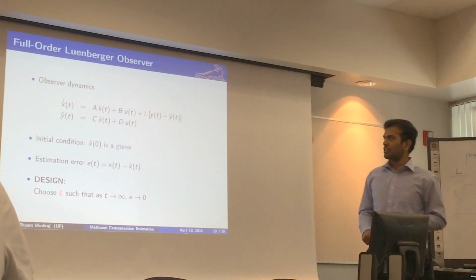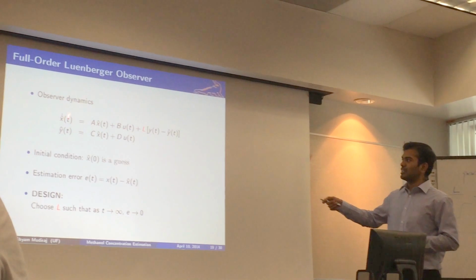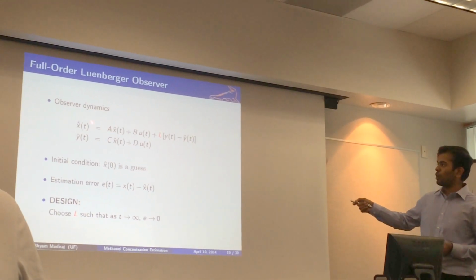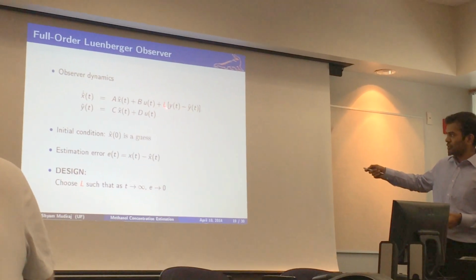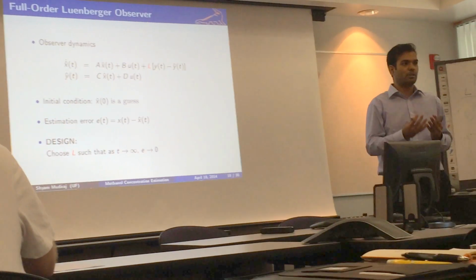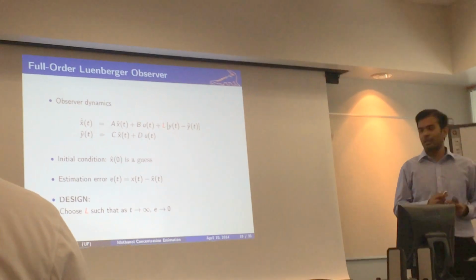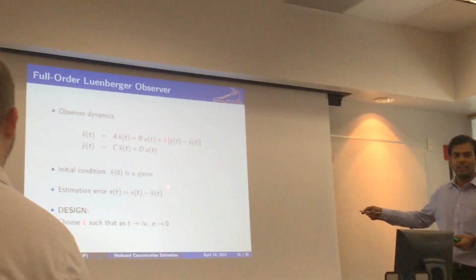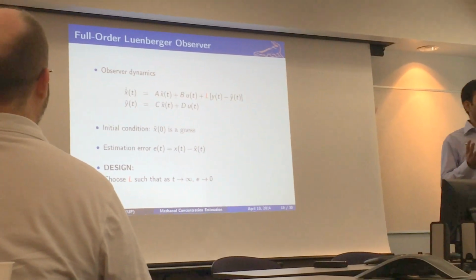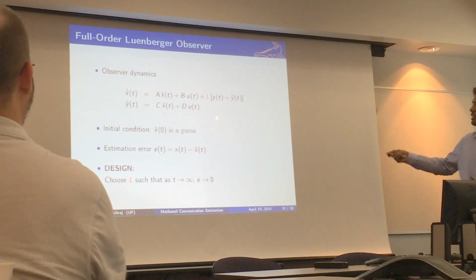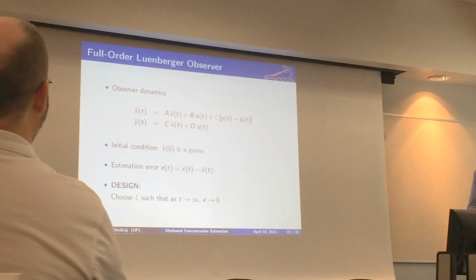The first strategy that I considered for design of this estimator is the full order Luenberger observer. These are the equations that describe the observer. As you can see, it uses ABCD matrices of the linear model, and there is another matrix L, in red color here, which should be chosen by the user. If you choose the design of this L matrix appropriately, we can make sure that the error between the actual state and the estimated state goes to 0. This is a well-established theory, and there are many methods in the literature that help you find the L matrix. One of them is the pole placement method.